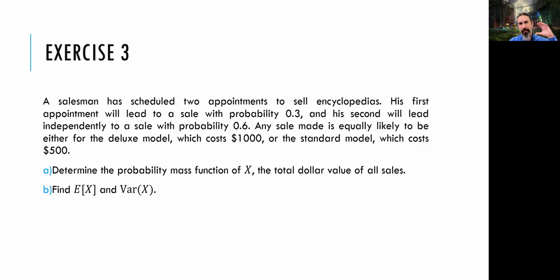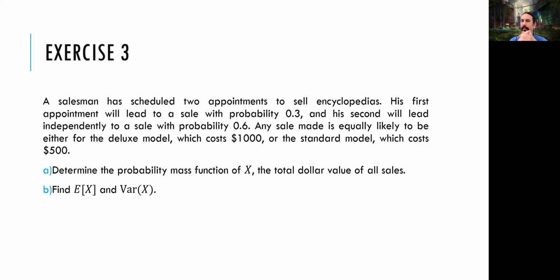So what is the lower and upper limit of these sales? The lower limit is easy. We can't sell anything, so it's 0. For the upper limit, I can sell 2 different encyclopedias, the deluxe model or the standard model. And we are looking for the upper level, so we have to pick the more expensive one, which is the deluxe model, $1,000. And I'm going to make 2 appointments, so I can sell it 2 times, which is $2,000. So I have values between 0 and 2,000. The outcomes will be between 0 and 2,000. And the outcomes themselves will be 0, 500, 1,000, 1,500, and 2,000, so a total of 5 outcomes.